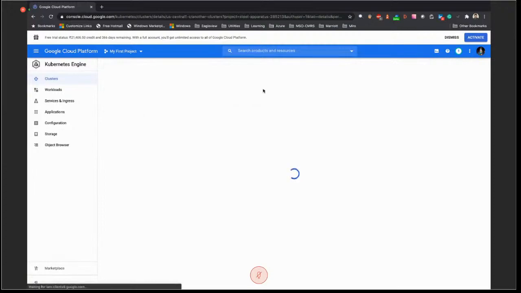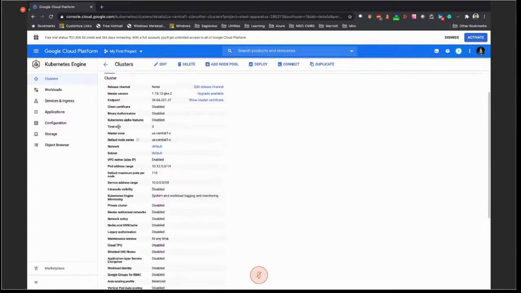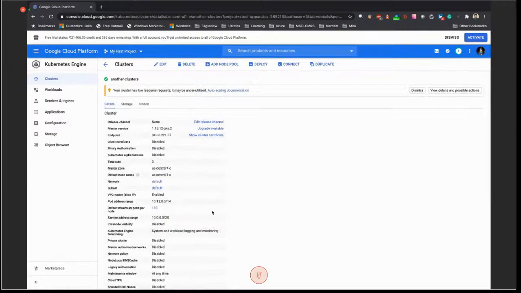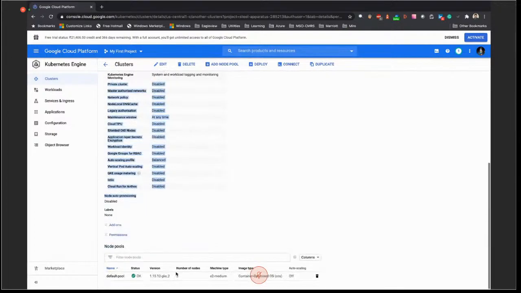Now, since our cluster is already available, let's talk about what we really see when a cluster is available. We see what settings are turned on and what the node pool is.